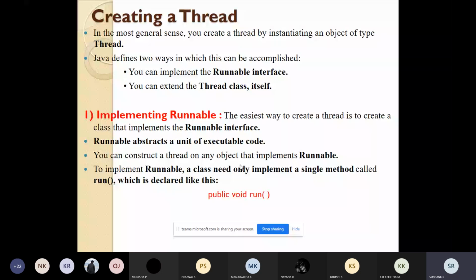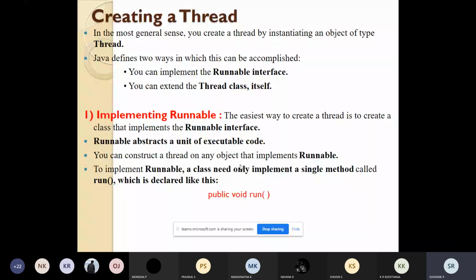The difference is that the run method will act as an entry point for another thread for execution within your program. Once you create a class which implements the runnable interface, you can create an object of the type thread from that class. We have several constructors for this.